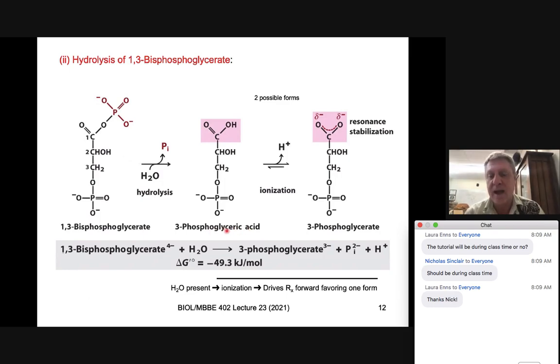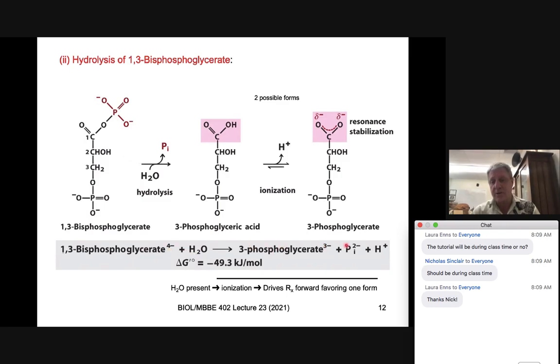3-phosphoglyceric acid, or glyceric acid. In this case, this little sugar has the capacity to have the carboxylic acid present. But again, we also see this tautomerization, this resonance structural capacity, and a favorite form, 3-phosphoglycerate. So we're going to see this form talked about more than this particular intermediate because of the ionization process and producing this resonance structure for stabilization. In this case, with 1,3-bisphosphoglycerate producing 3-phosphoglycerate, and the various charge state capacities,